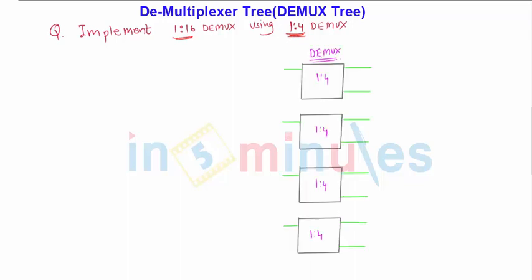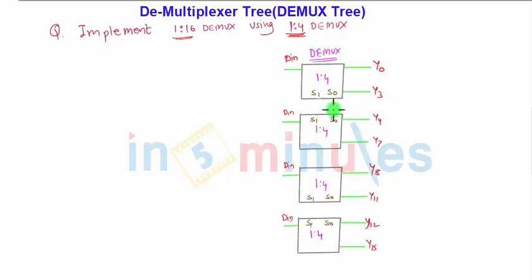So I'll be requiring 4 1:4 demux. So that will be corresponding to y0 to y3, this is y4 to y7, y8 to y11, and y12 to y15. So 16 outputs will be there if I cascade these 4 demux. But for these 4 demux I have 4 data input lines, so D in, and 2 select lines for each one, S0 S1. So what I will do, I will short this S0 S1,